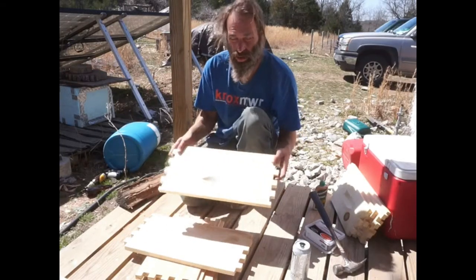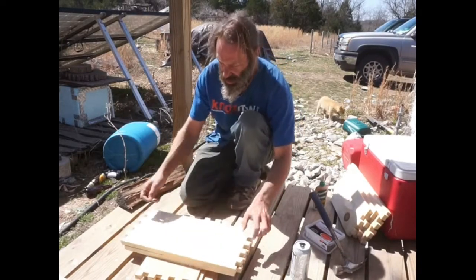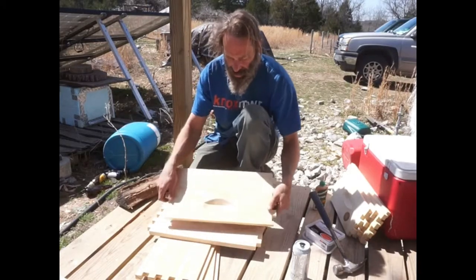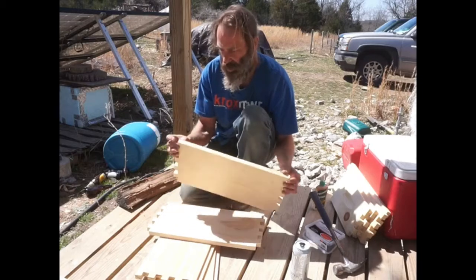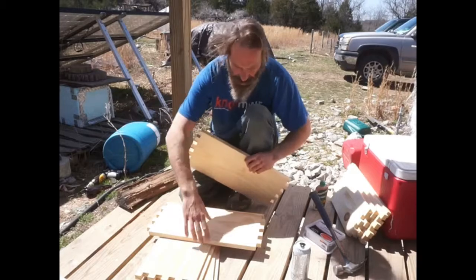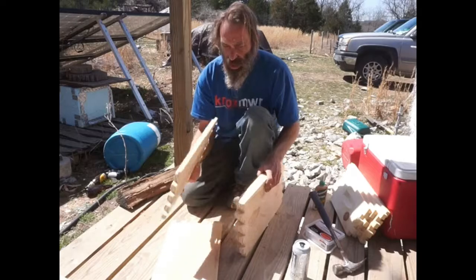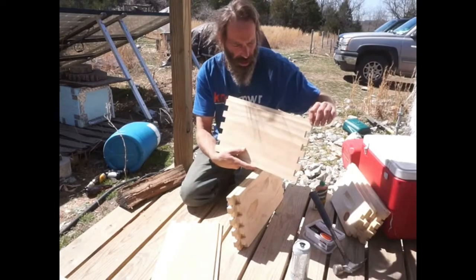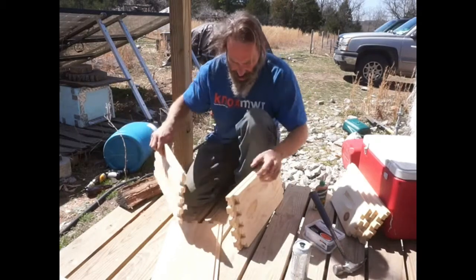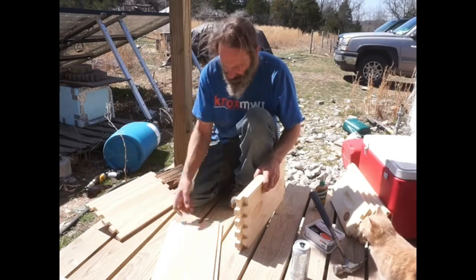So really the only important things to note are that the handholds go on the outside of the box, obviously. The long sides are parallel, and the tops, if you can't tell by the handhold, have these little shorter stubs on the sides. So this one goes like this. And then these guys will have a slot cut along the top, and that's for the frames to sit on, like a little ledge. And so the first thing I try to do is dry fit these together,